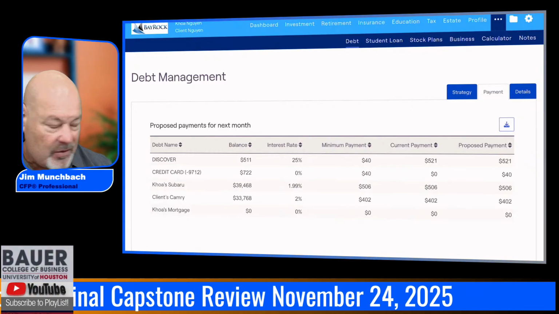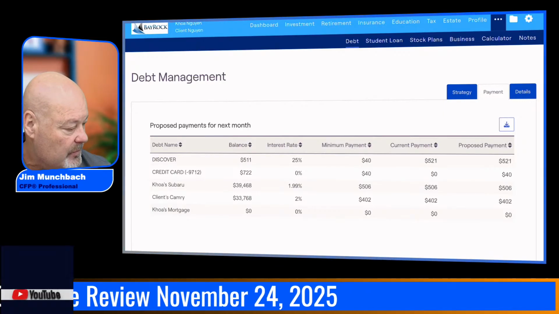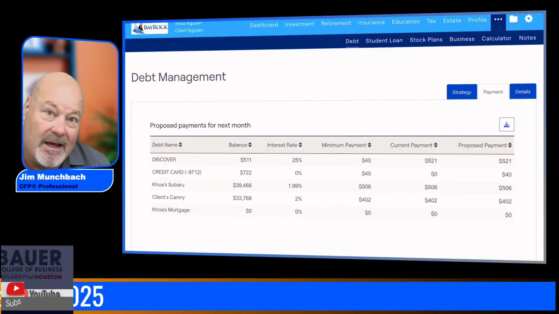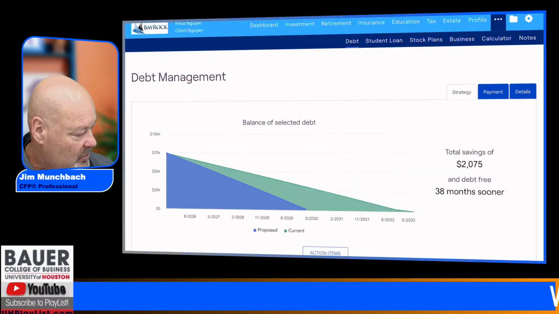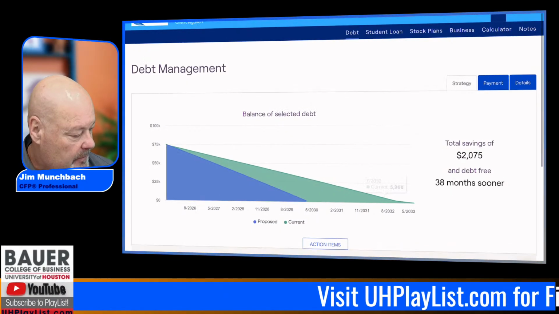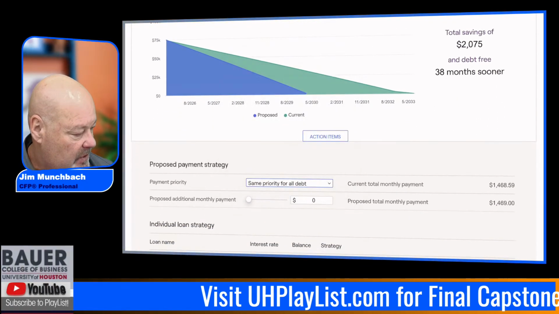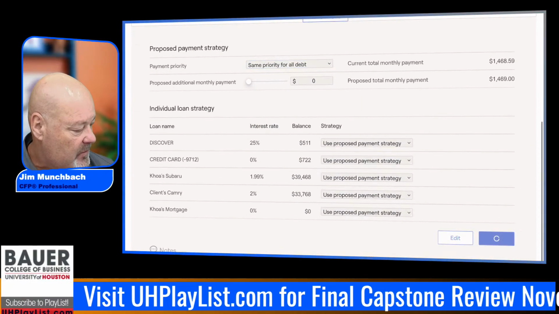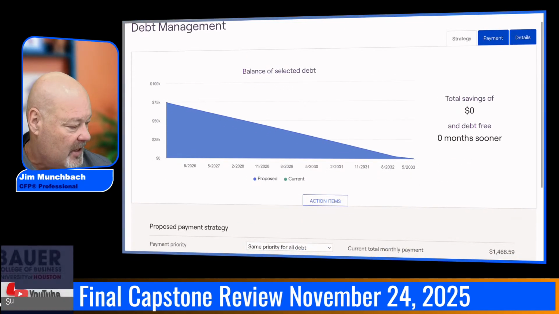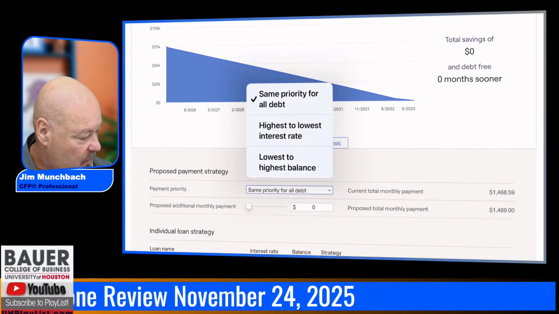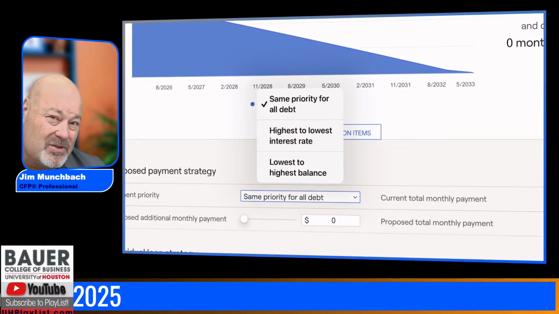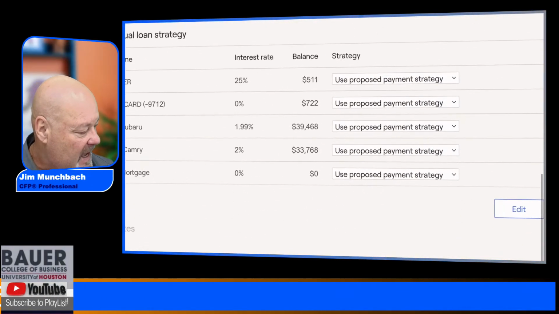And if you're watching this tutorial review and you're in much better shape, this is where you want to go to see how does it add up, and make sure you're going to send a screenshot showing before and after. So every capstone I review should have this screenshot for your benefit, so you can see, okay, that's with no strategy selected. That's the same priority for everything. And then you can pick whichever one of these you like. They're going to be pretty close usually, but the one that usually wins is highest to lowest.